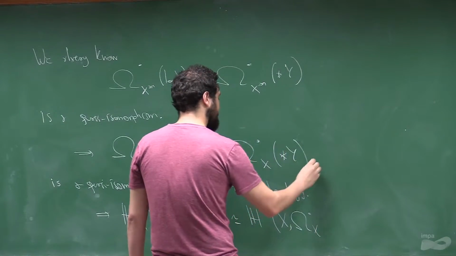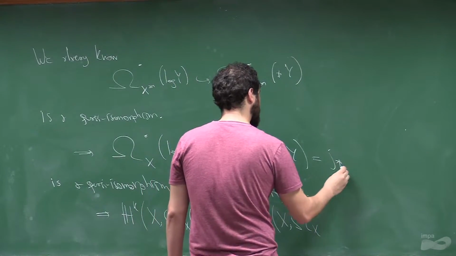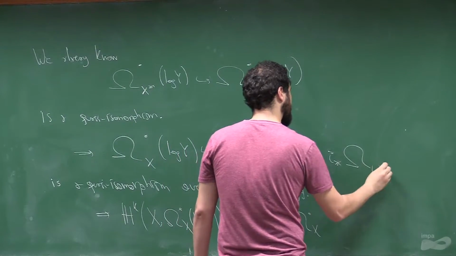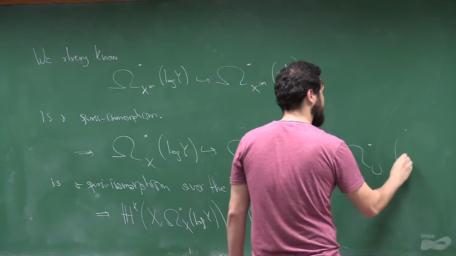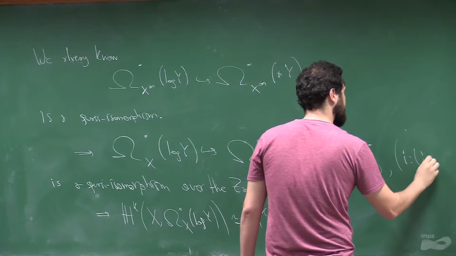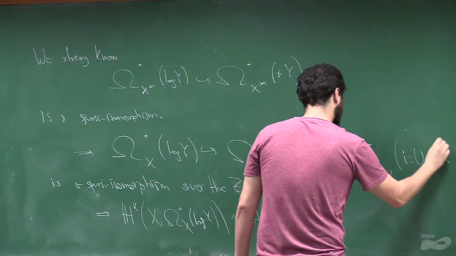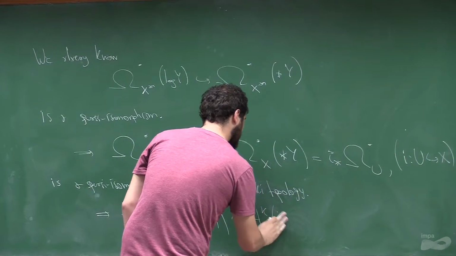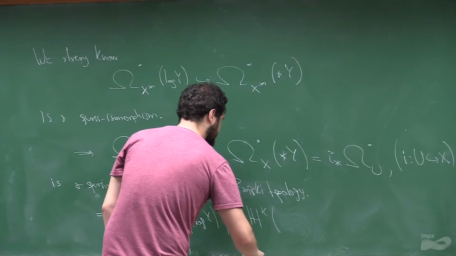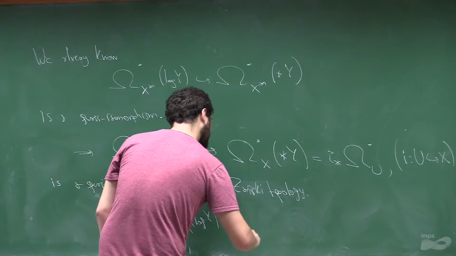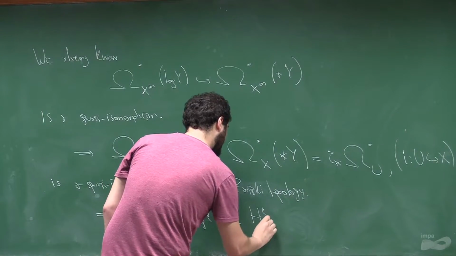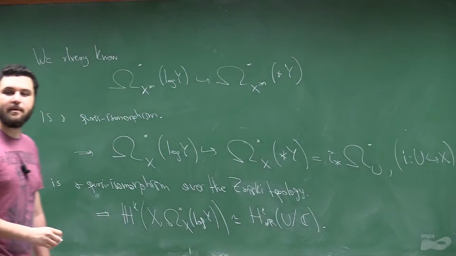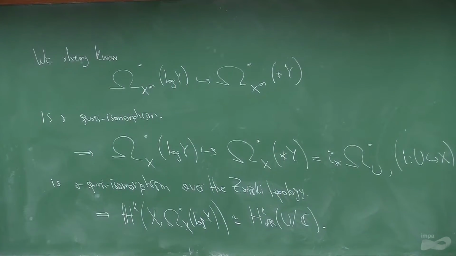I mean, I will put another name, I star, where I is the inclusion of U. So this is just the algebraic de Rham cohomology of U. Right? And so we have here